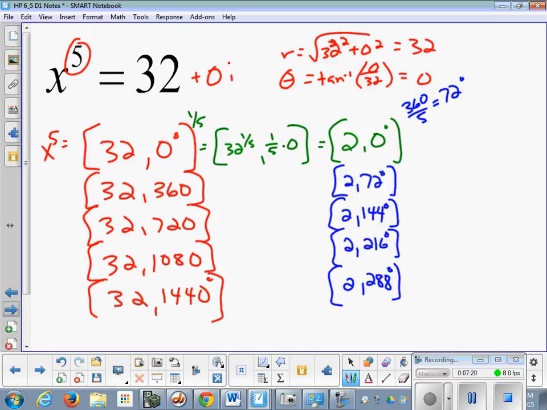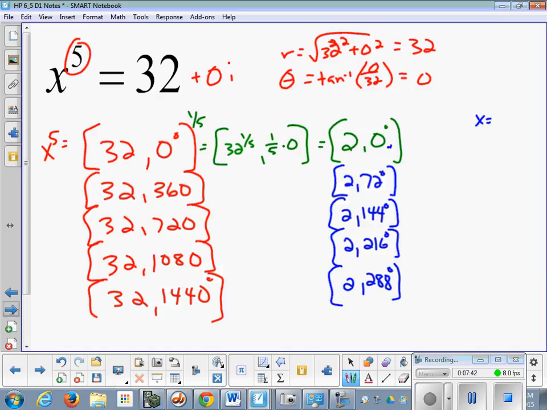There's 5 of them. Of course, if I go one more, I get to 360, which repeats back up to here. So I'm going to stop after I get 5 of them. Okay, I don't have to apply de Moivre's every time. I can go to this shortcut. Now we're going to